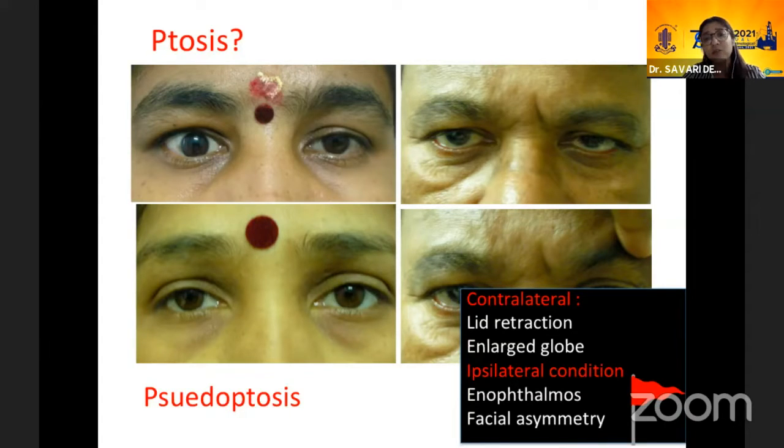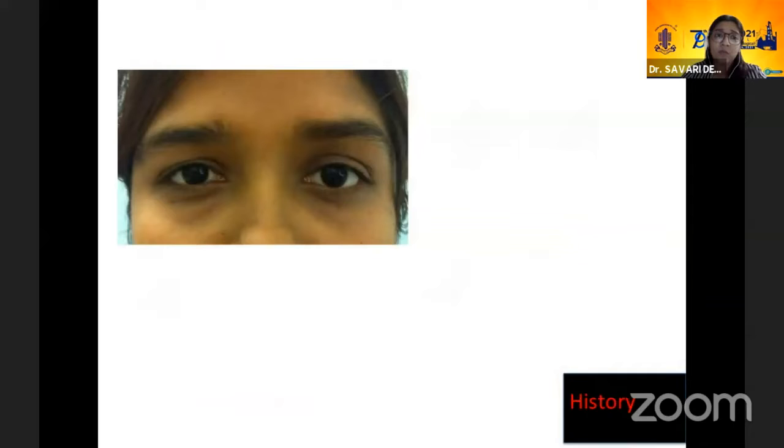The other thing, for which I've not put a photo, is to also look at the face in toto, because often you will find, and I'll come to a photo later, that patients actually have a facial asymmetry which is already known. Now, if you look at this girl, she said that she had a ptosis in the right eye, and she actually does have a ptosis of about 1 millimeter, almost touching 1.5 millimeters. But she also has certain other things. So she's not a pseudoptosis, she has a ptosis. But when you point it out to her, she has a lateral droop, she has a mild brow ptosis.